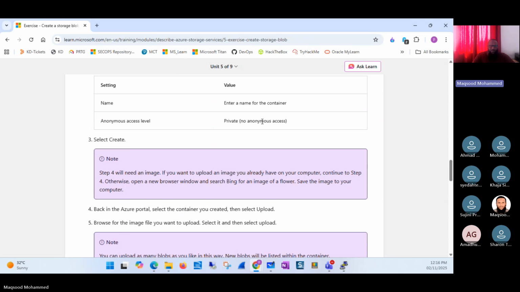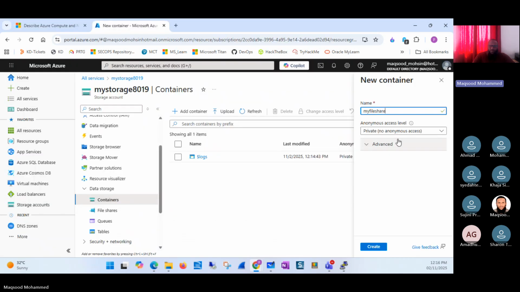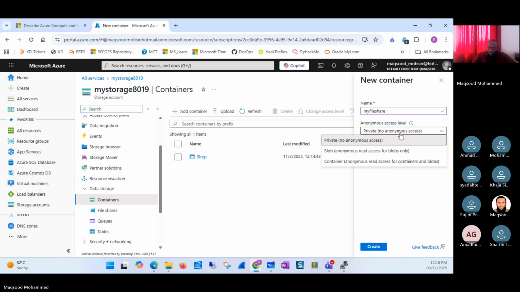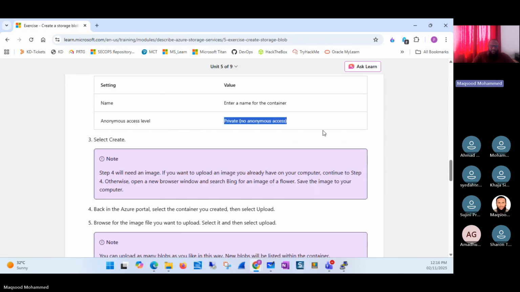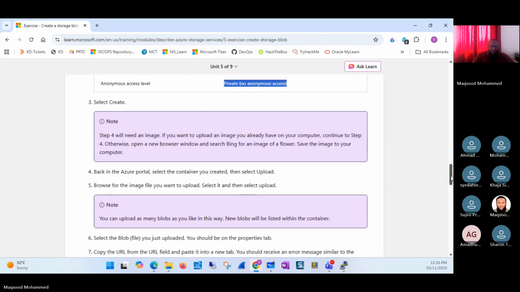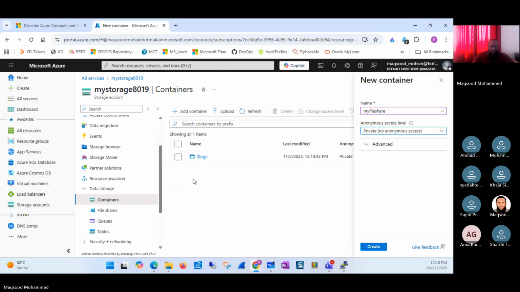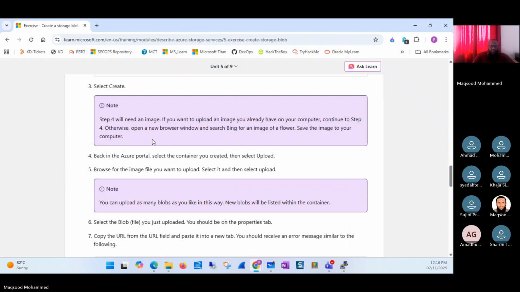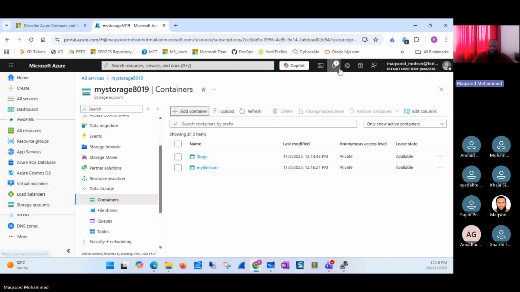And private, no anonymous access. It's going to be private. I'm not giving access to everyone. So there are many options. We'll just go by the exercise for now. Click create. Okay, so we're creating this blob storage. Now, step 4, back in the Azure portal, select the container you created. Then select upload. Okay, once it is created,